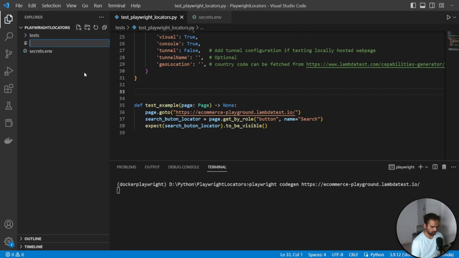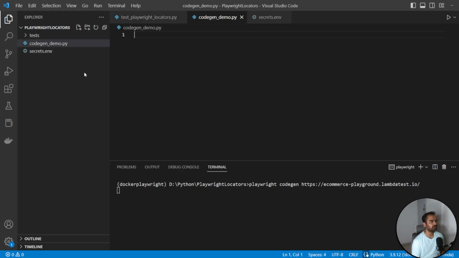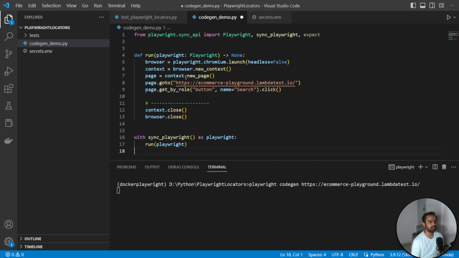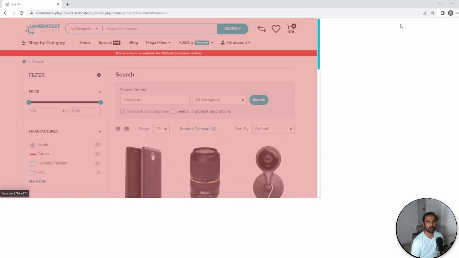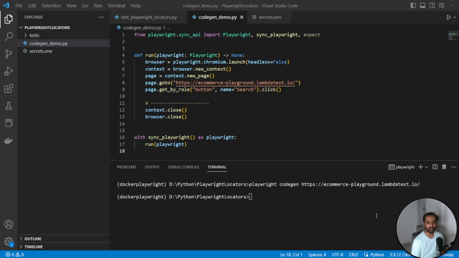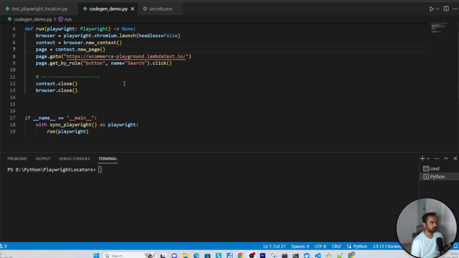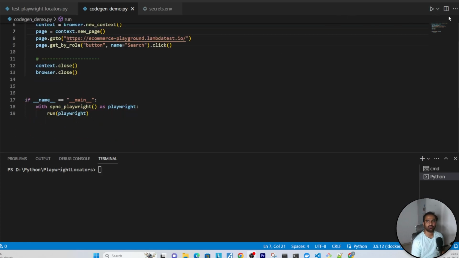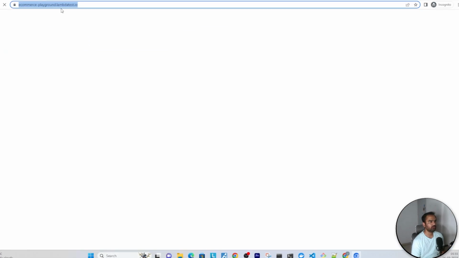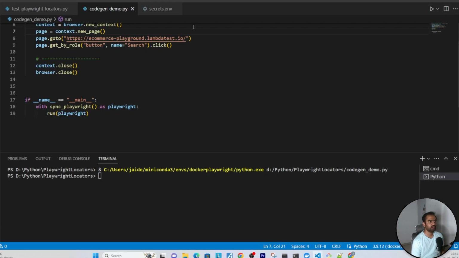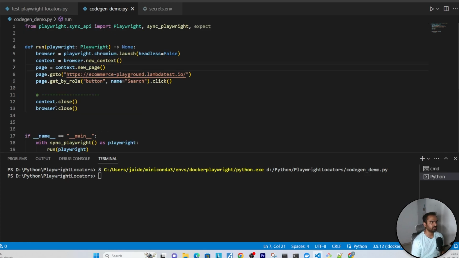Codegen underscore demo.py, I think this is a good name, and I paste everything here, and now I'll stop the playwright. So this is automatically stopped. Now if we choose to run this, we've copied the code entirely, and let me pull up the browser. So whatever actions we did, and we actually should have added some